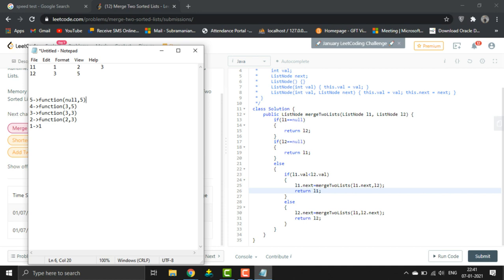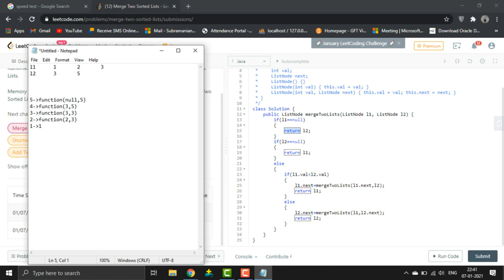If it comes in this, it will call the function in here. From here it will check the null condition. Since L1 is null, it will return L2. So what is in L2 is 5, right? So now before 5 it will point to 3, and 3 points to 3, now 3 points to 2, 2 points to 1. So while we are printing, it will be like 1, 2, 3, 4, 3, 5, like that.